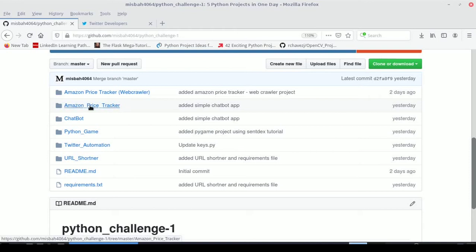In our case, we took up an Amazon price tracker, and I'll go into the application where it tracks the Amazon prices. Then a chatbot, which is an AI chatbot which can communicate, a simple chatbot, and I'll show you how we attempted that. There's also a simple Python game using the Pygame library, and Twitter automation, which can help you tweet